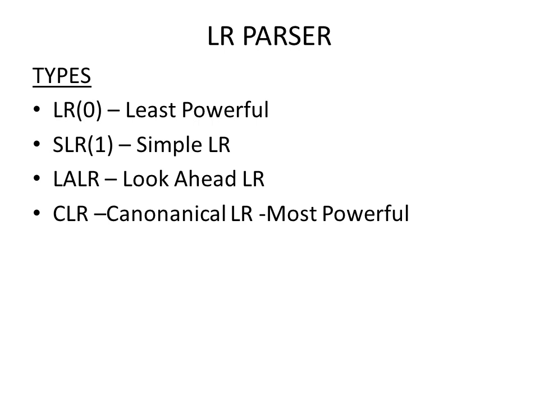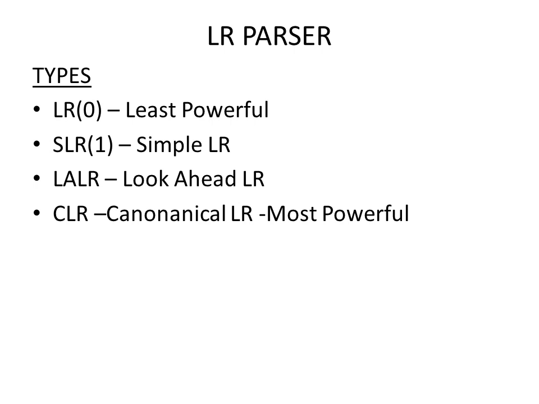In today's class, we are going to see the next topic, which is LR parser, a type of bottom-up parser. In the previous class, we discussed the operator precedence parser. Now we are going to discuss the next parser, which is LR parser. There are four types of LR parsers. They are LR of 0, SLR of 1, LALR and CLR.